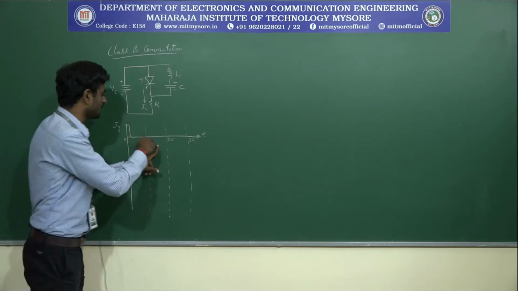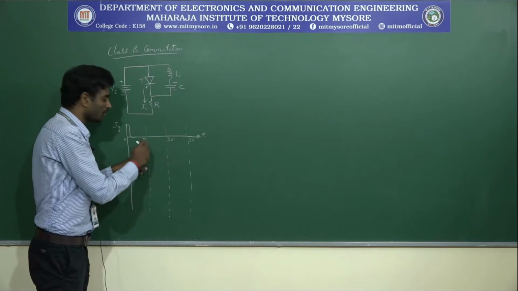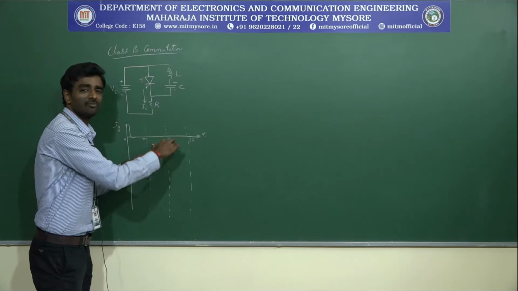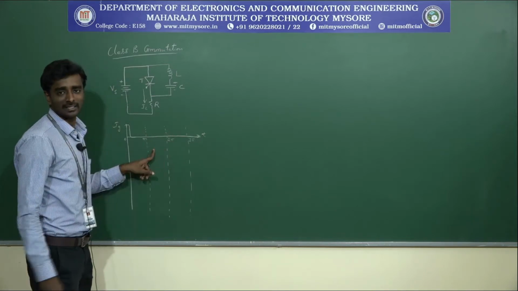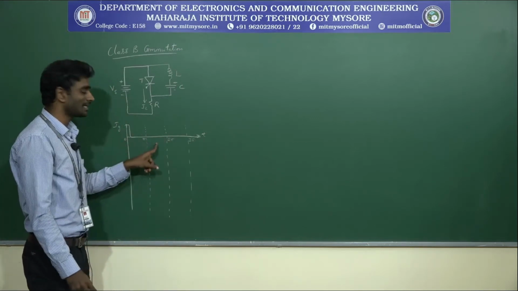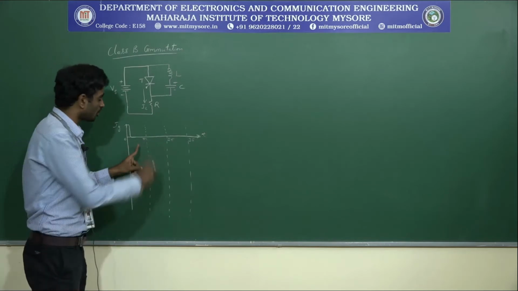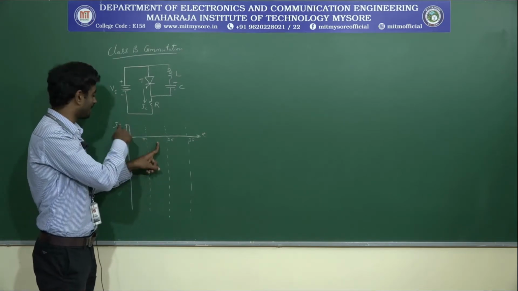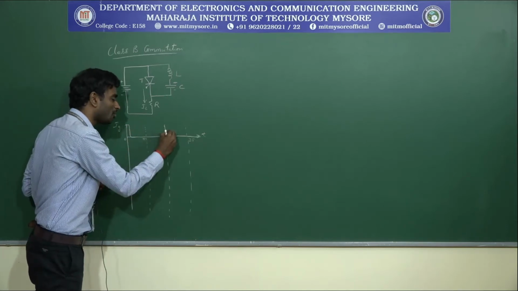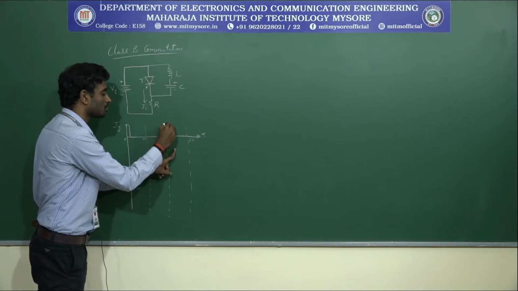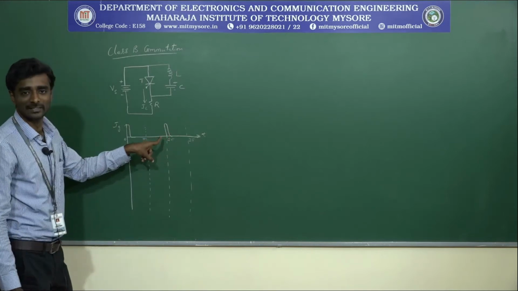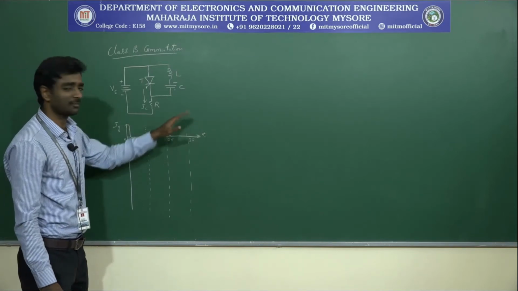If you come to the second part, pi to 2 pi, the sinusoidal signal is located in the negative half cycle. When it is in the negative half cycle, the SCR will never conduct, so no gate current is applied in the negative half cycle. I will leave this block as usual, and the cycle will be repeated in the next positive half cycle, where at the initial stage I will apply some gate current. This will be repeated for every cycle.